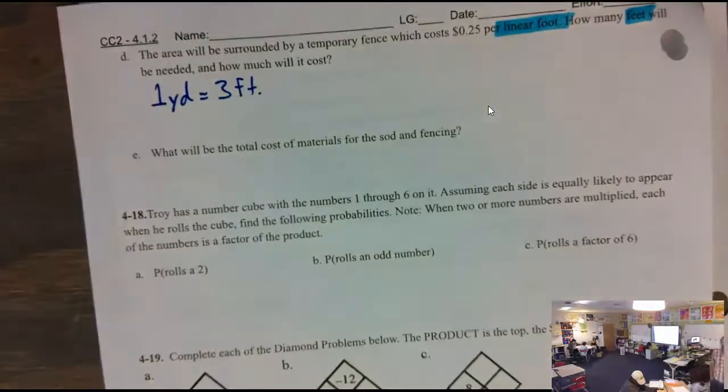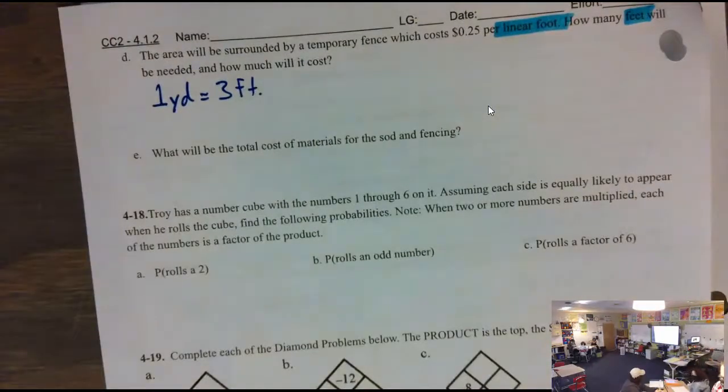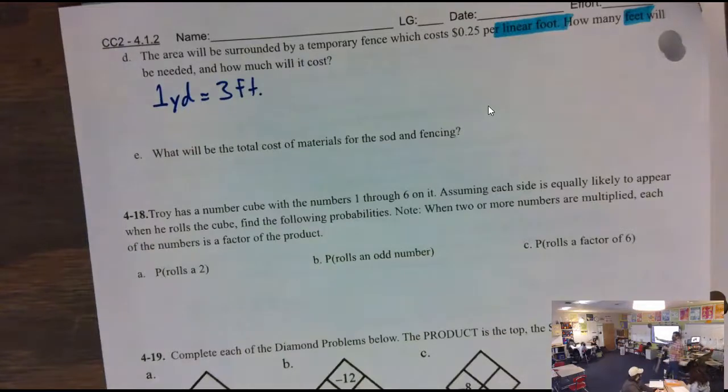This is a yard. Versus, hey, look over here. Actually, I'll step up here so people aren't cranking sideways. This is a meter, and a meter is longer by that much. Like you can see the difference between these two sticks. So when we talk about a meter, it's not a nice 3 feet. It's a nice 100 centimeters. But a yard is 3 feet long. A meter is slightly bigger. So we got to go back to the front,